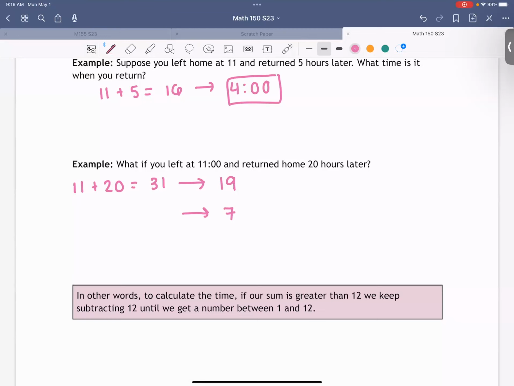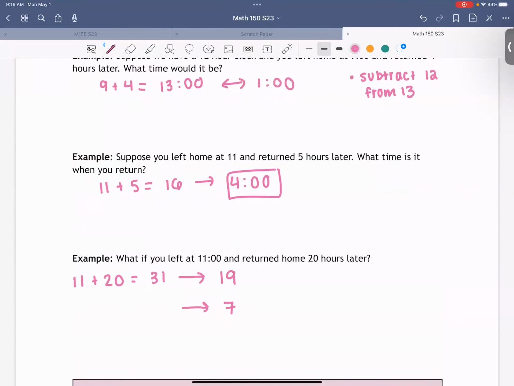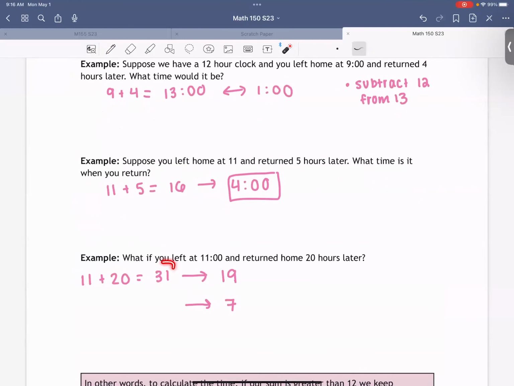It's not what we want, so we just subtract 12 again, and then that gives me the number that I really want, okay? So this isn't really military time anymore because we're starting at like 31 o'clock. I don't think military time counts. Makes sense. No, 24, 12 hours, 31 o'clock doesn't make sense. Yeah, that doesn't make sense, right? But you can just do the same process twice and then you get the number that you want.